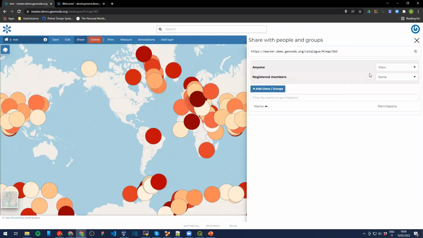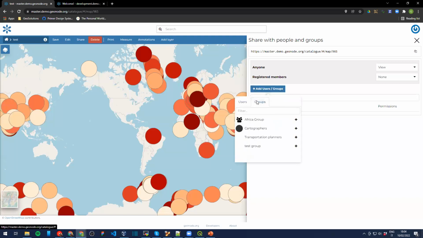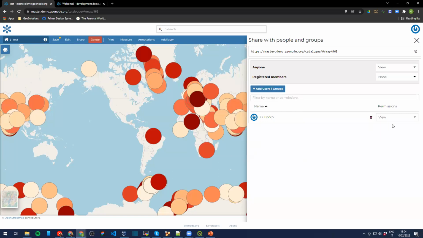Sharing options is the new one. So you have the sharing link, you have the permissions. So who can view, who can edit this map, who can manage this map, so delete it or change the metadata and so on. You can add users or groups. And when you select a user, you can also,